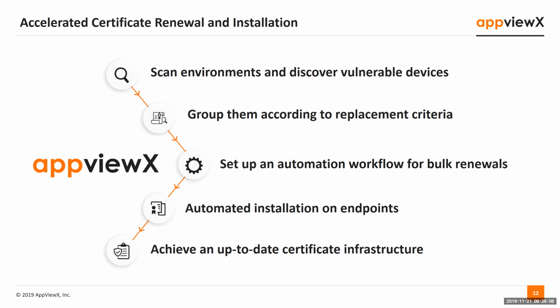And then it can automate the configuration of the endpoint. When we say installation, it's a configuration or deprecation configuration on that endpoint. And if you want to automate upgrade of those end services to support TLS 1.0 and higher, that is possible as well as part of the product. And then you can update the certificate infrastructure. You can also define a post-validation scan of the environment to make sure whatever we have set up is working